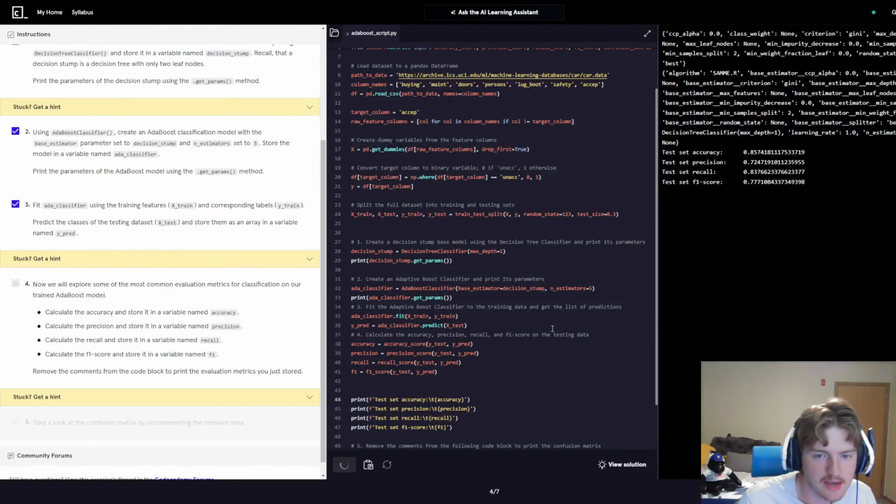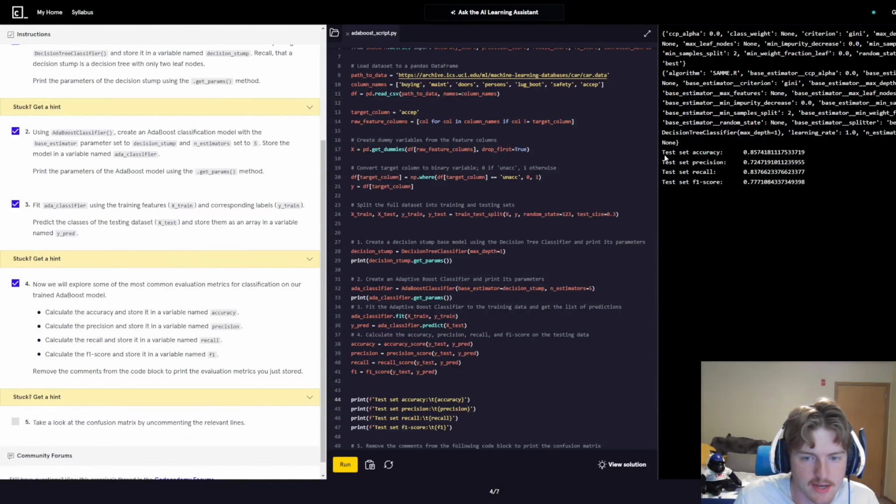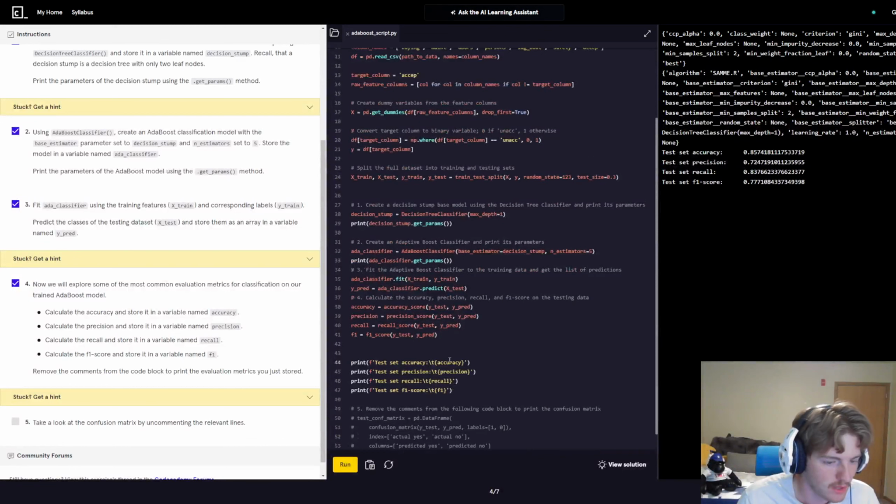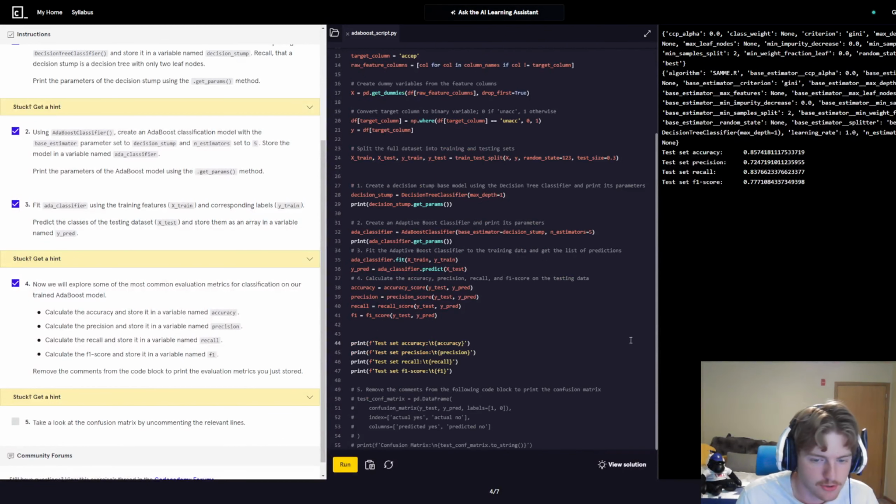So when we print this out, we see that the test set accuracy is 85%, the precision is 72%, the recall is 83%, and the F1 score is roughly 77%. So then it wants me to take a look at the confusion matrix by uncommenting the appropriate lines here. If we do that, we can say that test equals confusion matrix. It wants me to do,